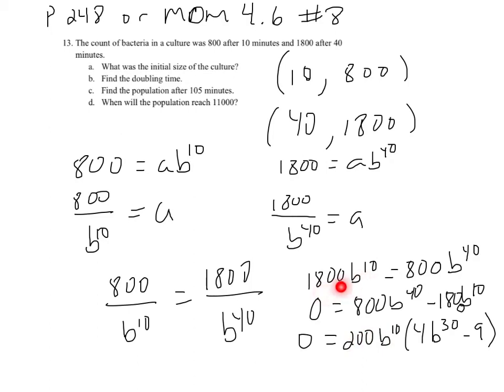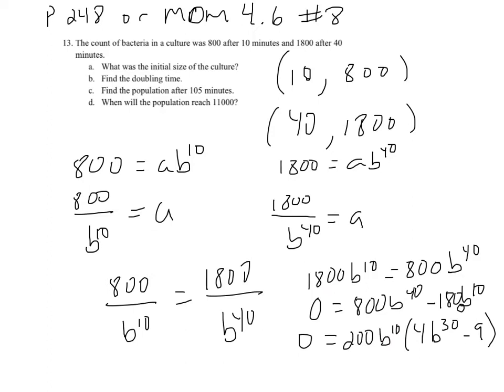Now some of you might want to divide both sides by B to the 10th, and it'll get you the right answer. This idea of having the GCF, it's kind of an extraneous root, so I guess it'd be okay to go that way, divide by B to the 10th, though I'm always nervous when I'm dividing by a variable. I might lose a possible answer. So anyway, now 0 is one of the answers, but that wouldn't make any sense